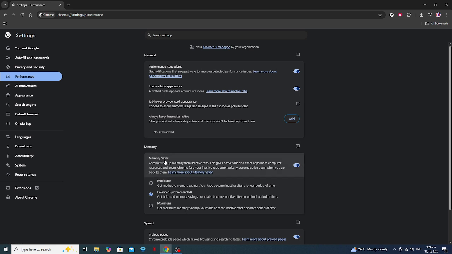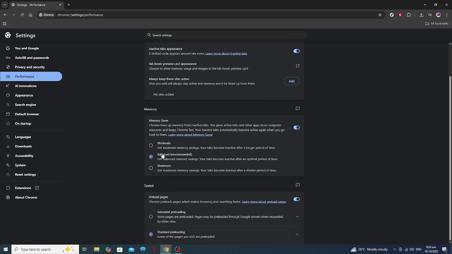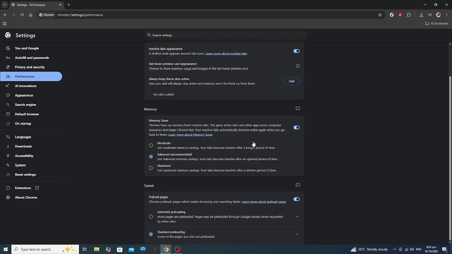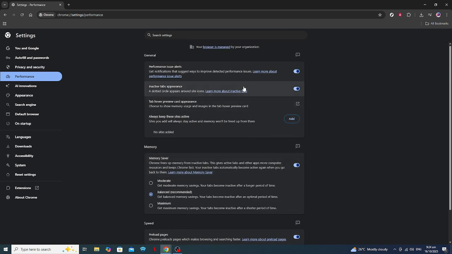The next step is to toggle Memory Saver on. You should see a switch next to this setting. If the switch is grayed out, it's currently disabled. Click on it to enable the memory saving function. Once toggled on, the switch should change color to indicate that the feature is now active. What this does is it automatically suspends inactive tabs to free up memory, which can significantly boost performance when handling